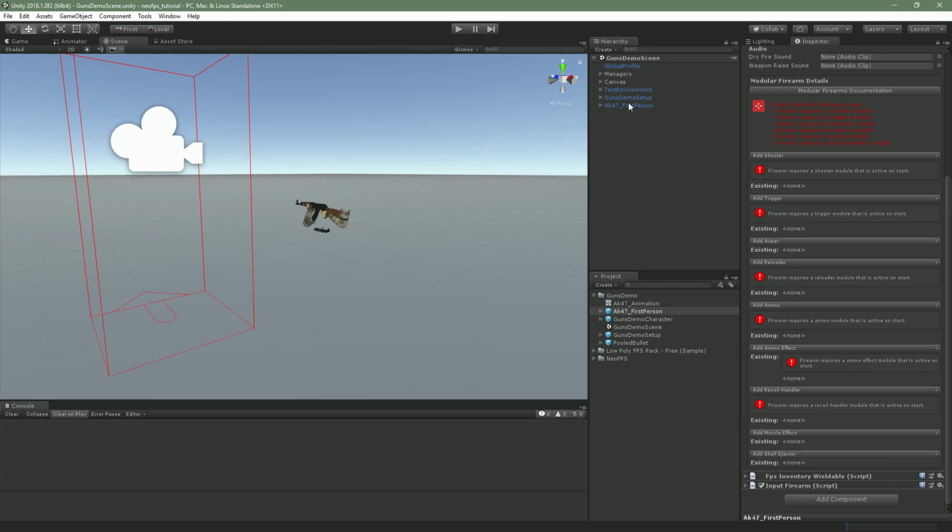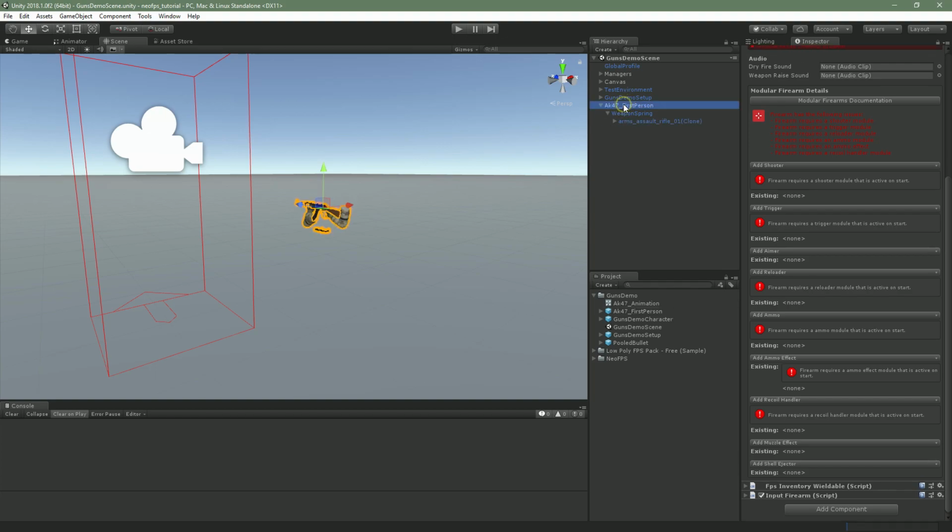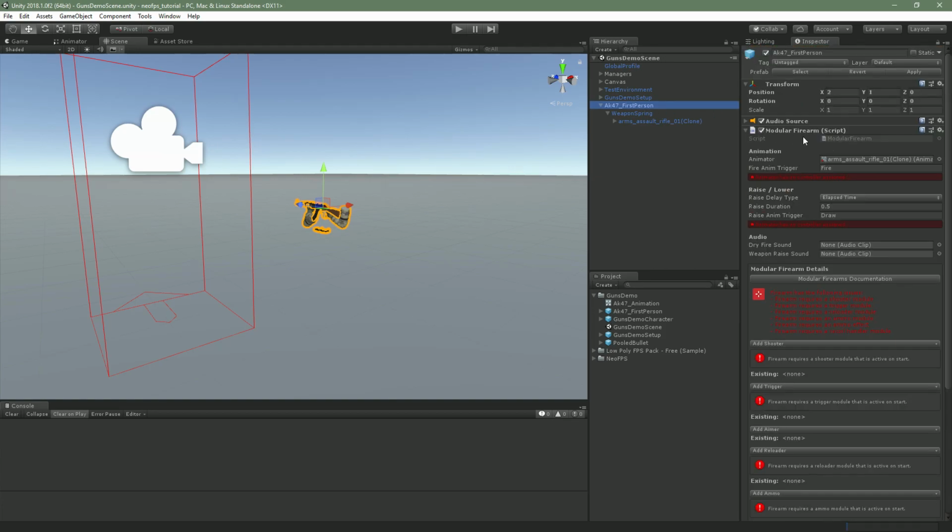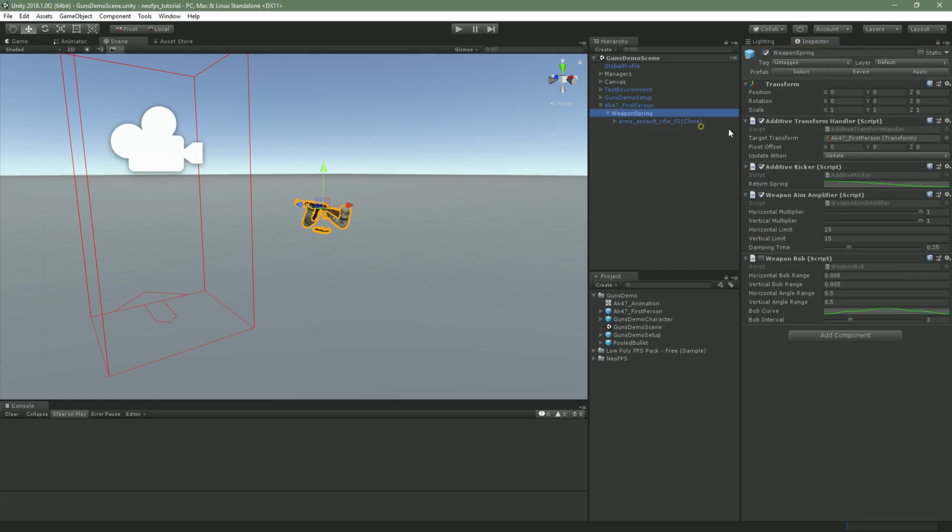So, let's quickly go through the gun's hierarchy in the scene. Under AK-47 first person, you'll find the weapon spring, and then the arms assault rifle. The root object is obviously where we placed our ModularFirearm component. The weapon spring is used for the procedural animations via the additive transform handler here. This layers movement effects, such as the additive kicker, which is used for recoil, the weapon aim amplifier, which rotates the weapon as we quickly move the mouse around and turn the camera, and the weapon bob, which bounces as